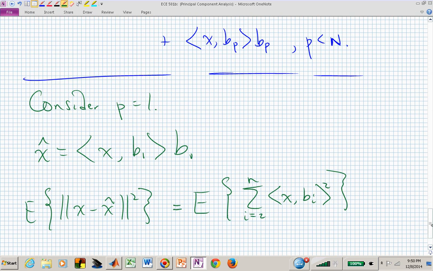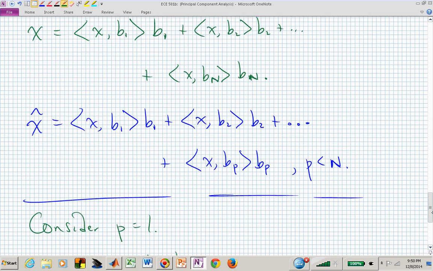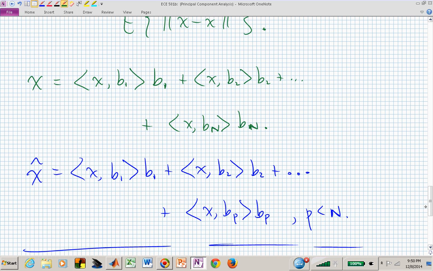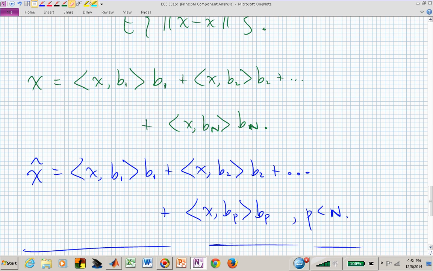So if x hat is the inner product of x with b1 and scaled by b1, then really the difference between x and x hat is just the tail that's left over, because if you look at what we've done, we're taking x hat away from x, and now x hat does not contain these pieces, which means that the difference of x with x hat is going to be this